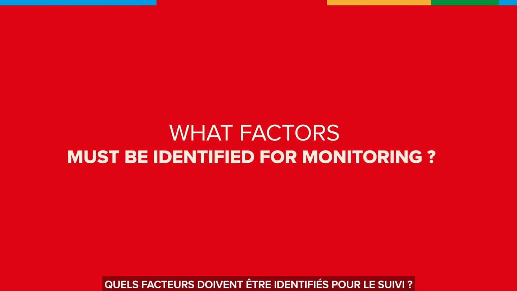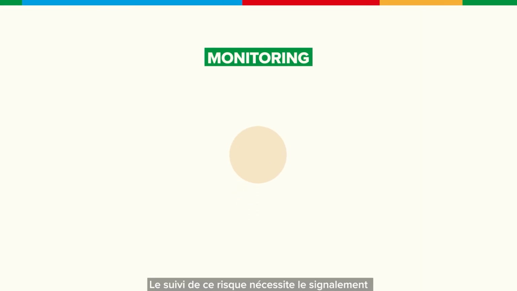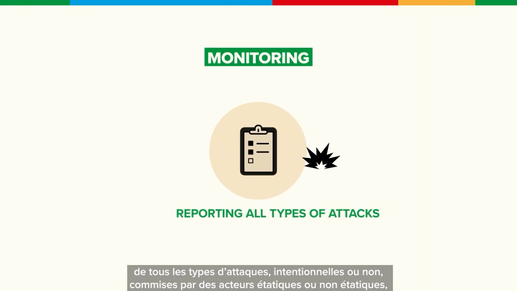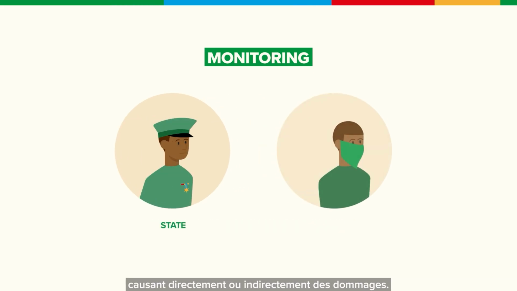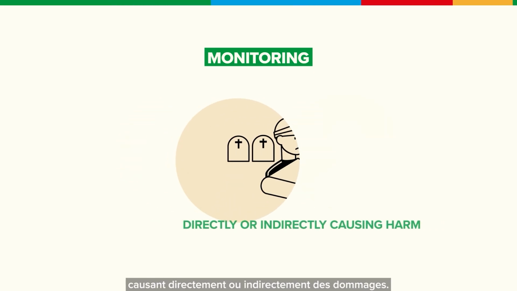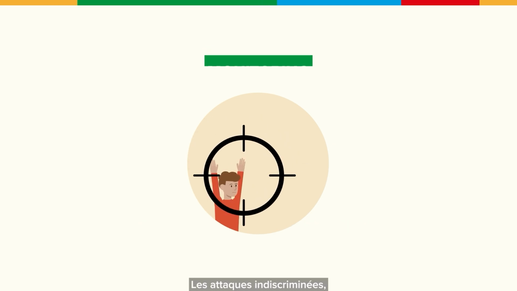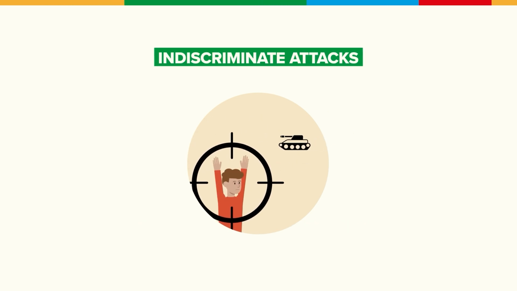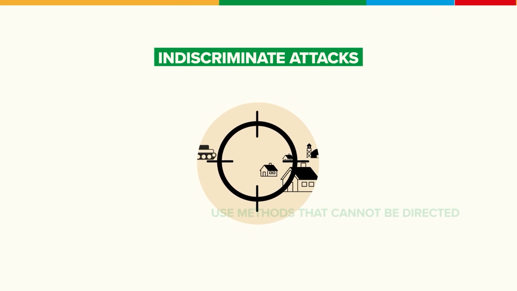What factors must be identified for monitoring? Monitoring this risk requires reporting all types of attacks, intentional or unintentional, by state or non-state actors, directly or indirectly causing harm. It is critical to identify indiscriminate attacks when they fail to distinguish between civilian and military objectives, use